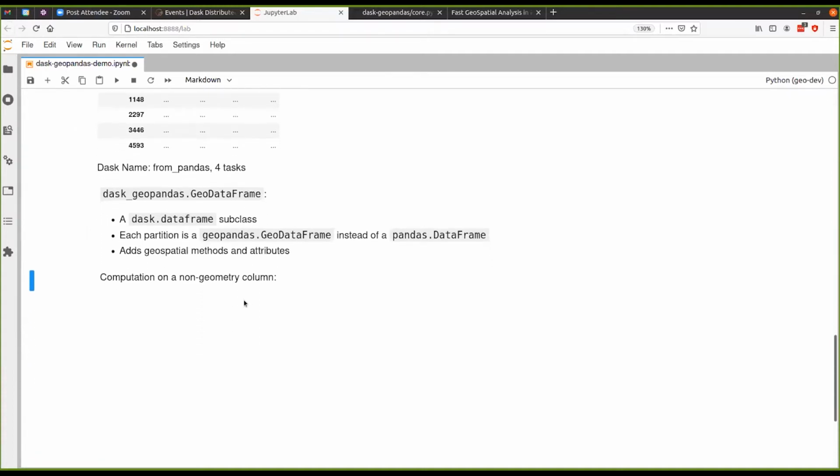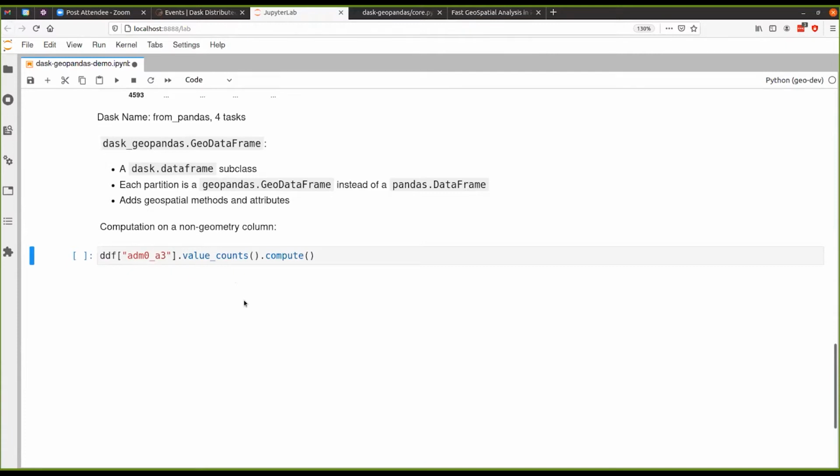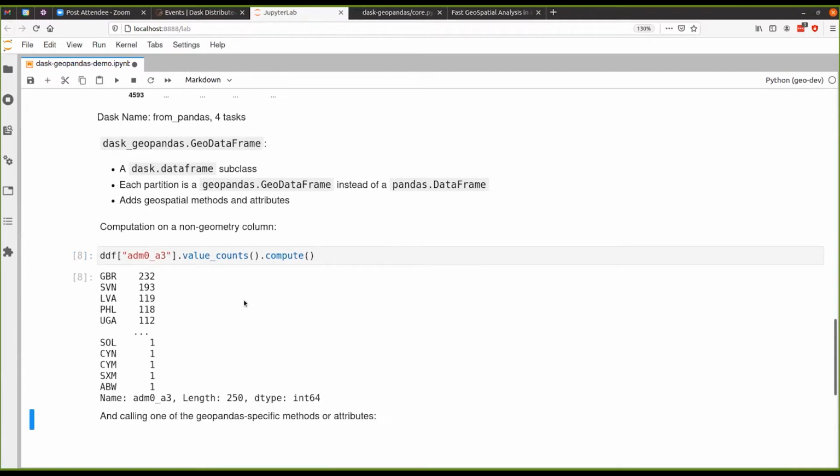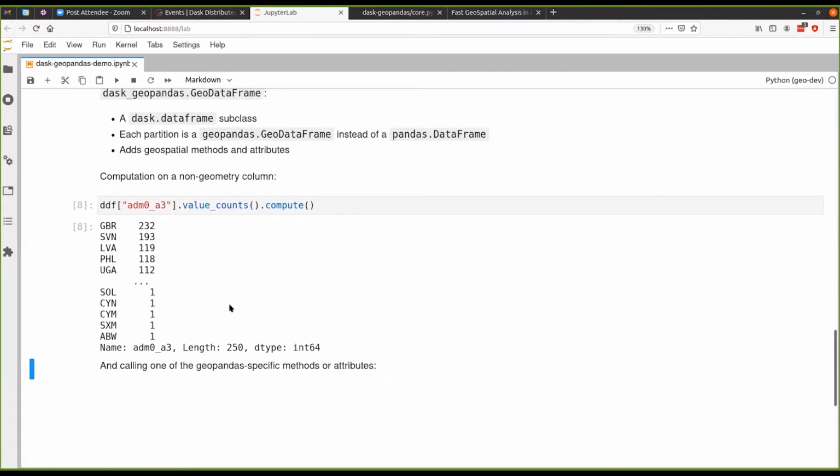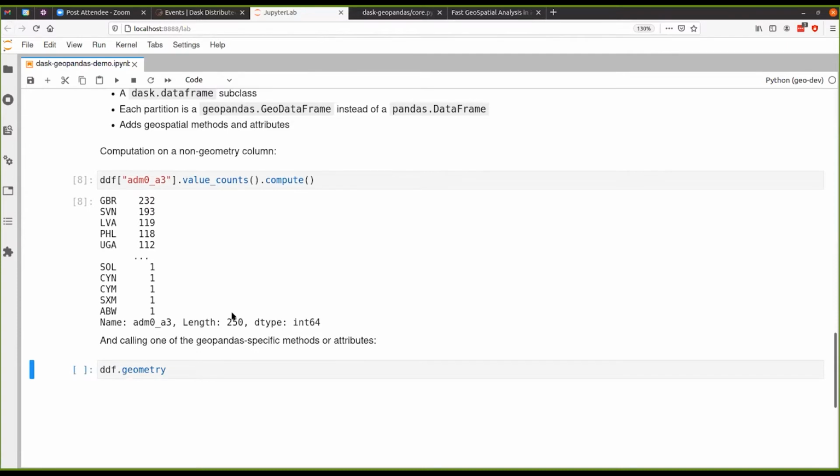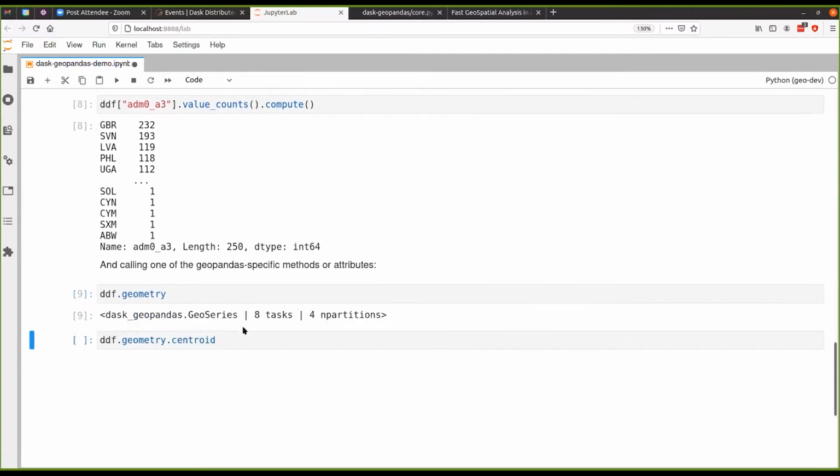So a few small examples. This is a non-spatial example, but just as with GeoPandas, you can access any non-spatial column. For example, in this case, I count the number of entries in our data set for each country. This is the 3 character code for countries. So Great Britain has many entries in the data set. But of course, the more interesting part for this workshop is the fact that we can also have a .geometry